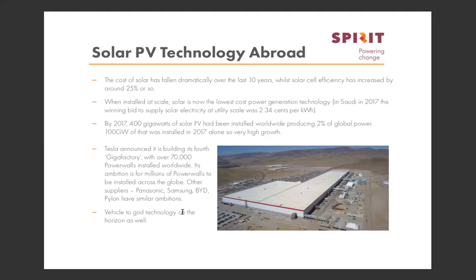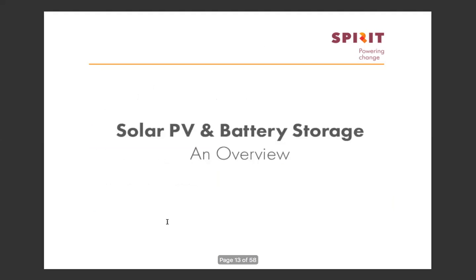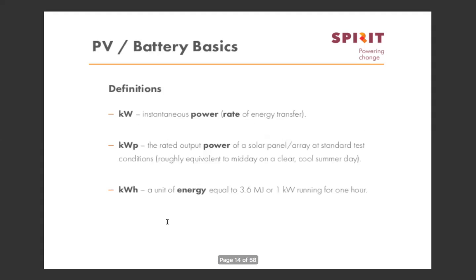Vehicle to grid is on the horizon as well. We'll talk about that a bit later on, but that's essentially drawing energy from the electric car that's parked on your drive. So, taking a quick overview of a system, just before we get right into it, there are some key definitions. It's never nice to start with these quite boring looking acronyms, but